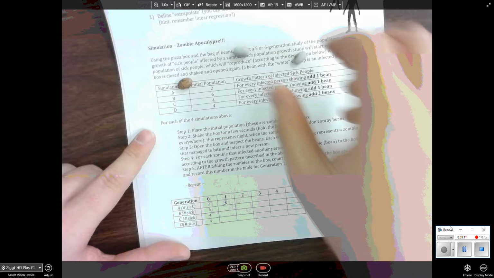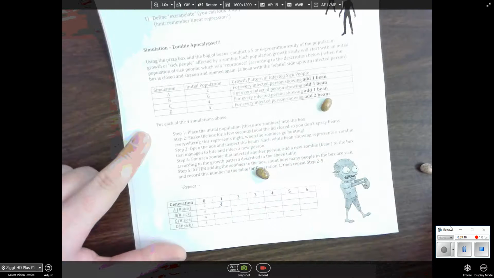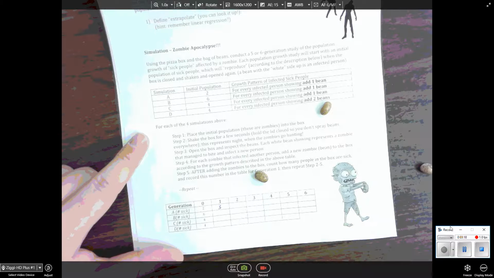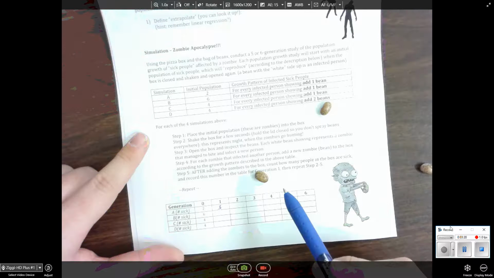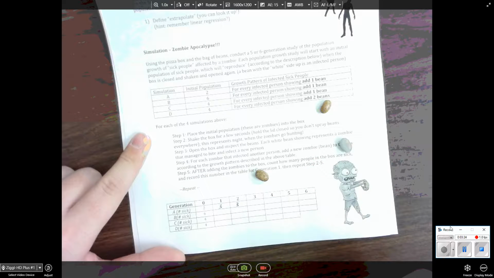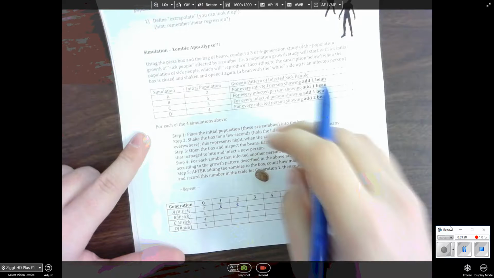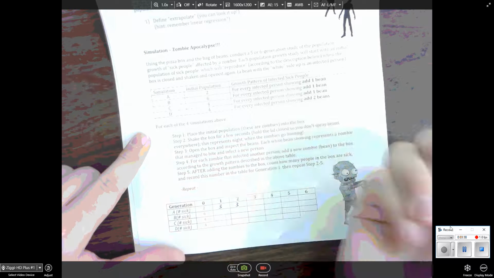Then I'm going to take those ones, close up my pizza box, shake it up, and have a look. Now in this case, I don't have any zombies, so I only have 3 healthy people. So I'm not going to add any. We still have 3. Okay? This one turned over when I moved it, I think. It was 0. Now I'm going to take those 3 again, close my box, another night, they go hunting, and